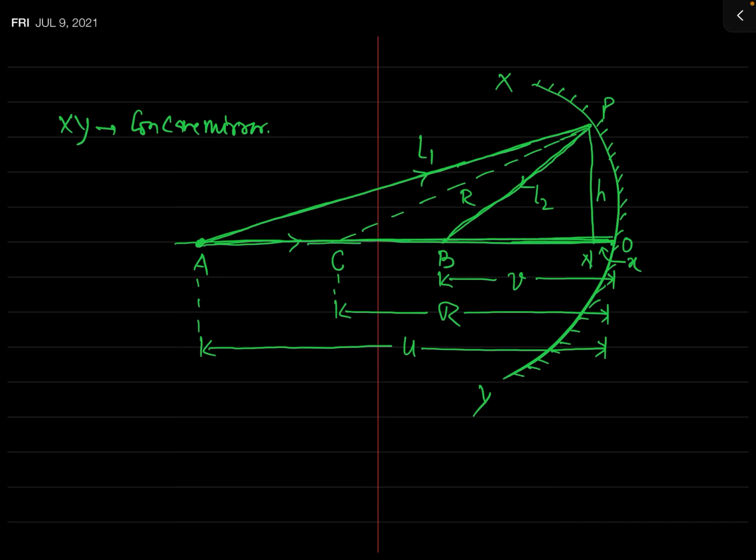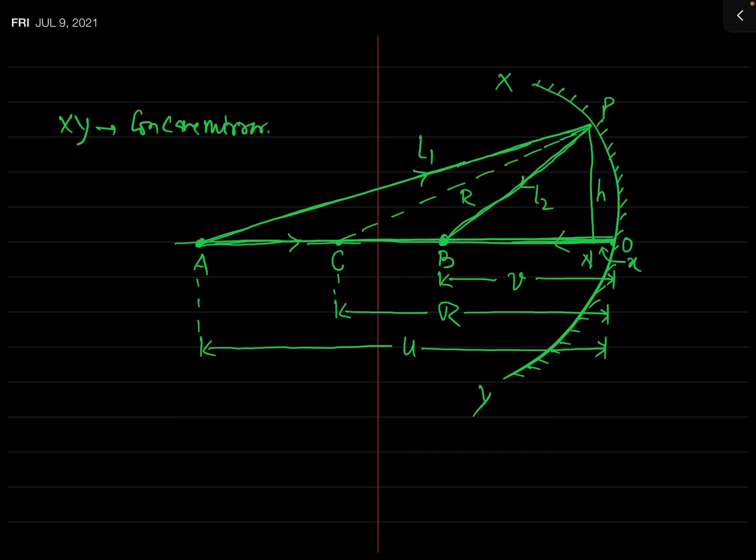So the two reflected rays, the first reflected from point P and the other reflected from point O, actually intersect at this point B, and so B is a real image of this object A formed due to the reflection of paraxial rays. So you can simply say that A is an object situated on the principal axis of the mirror, and B is its real image. And you can see I have assumed that this point C lying on the principal axis is the center of curvature of this mirror.